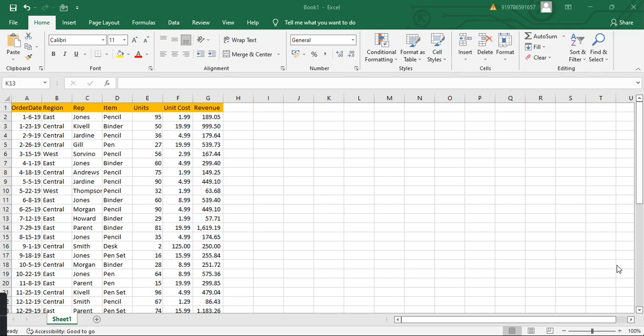Now we are going to see how to insert a function. In this Excel I'm not having an XLOOKUP function. See how I'm saying I'm not having the XLOOKUP function: click here and